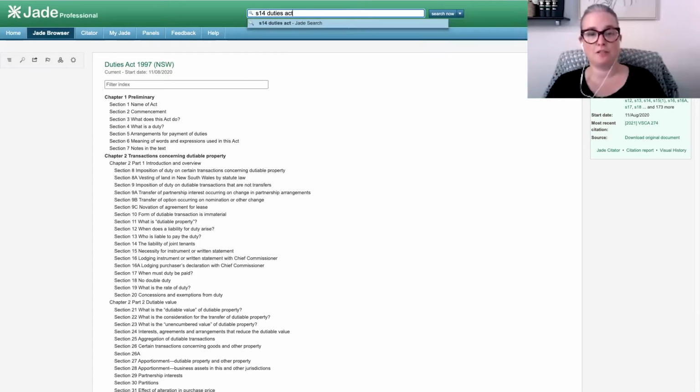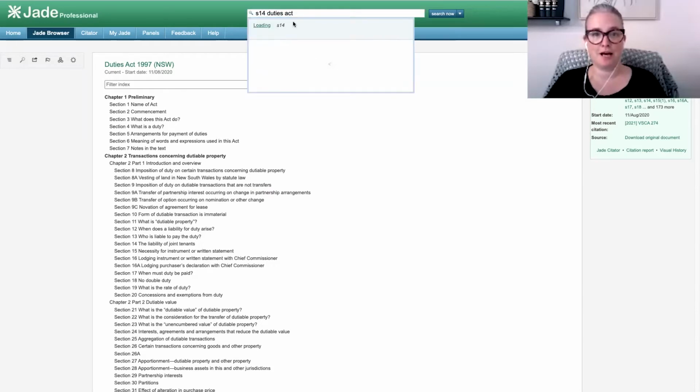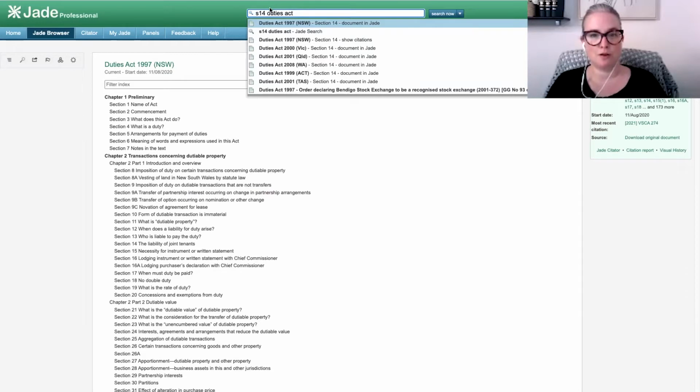JADE is quite agnostic as to how you type your section references. We all do it a little bit differently. I think some of us do an S and a space, some of us don't, some of us put a full stop after the S, and you might even type in section 14 of the Duties Act and JADE will recognise that for you. I'm not sure what's going on there, but you'll have to take my word for it